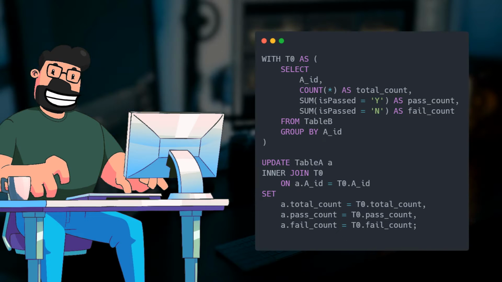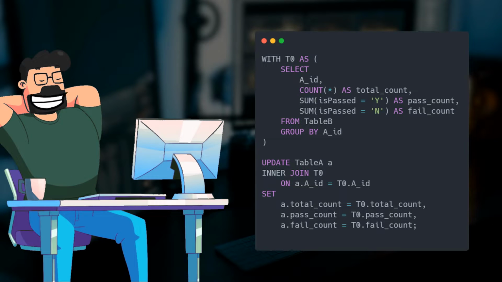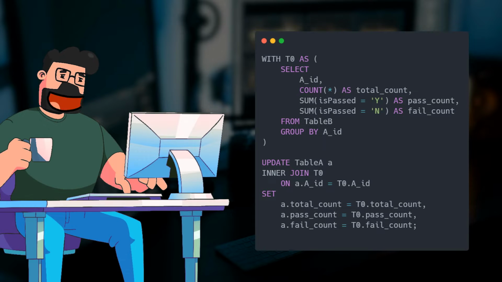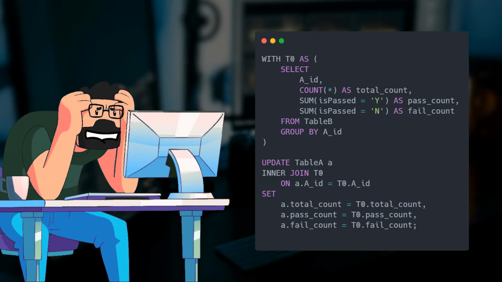In the provided solution, we utilize a CTE, common table expression, named T0, to efficiently calculate the total count, pass count, and fail count for each A_ID in Table B. By grouping the data by A_ID and using conditional aggregation functions, we can streamline the process of deriving the required